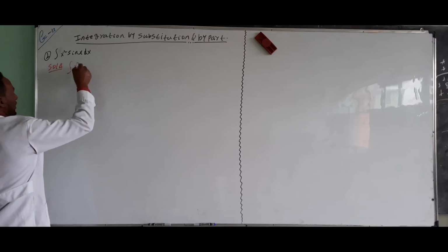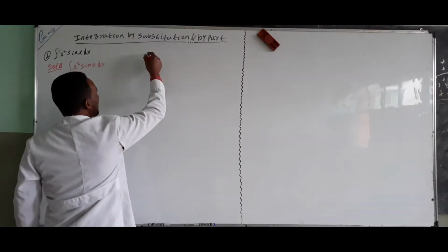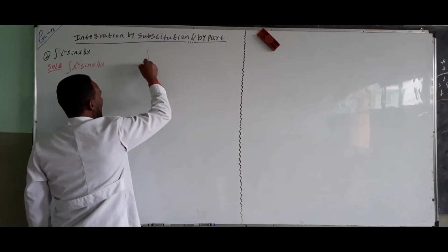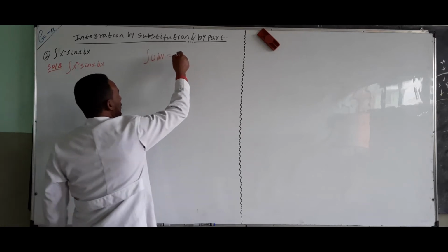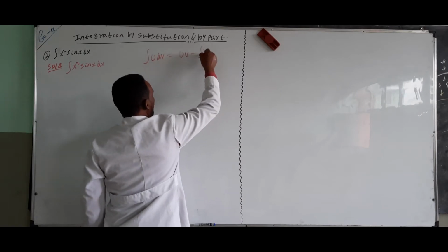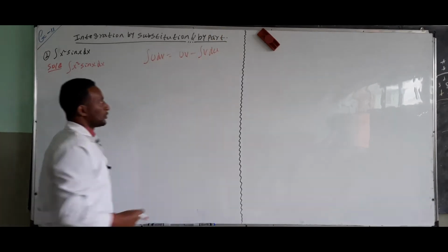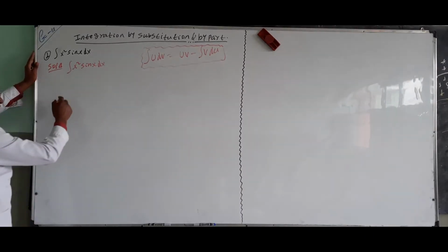Integration of x square sine x dx. The formula of integration by parts is this one: integration of u dv is equal to uv minus integration of v du. This is the integration by parts formula. Then in this function, let